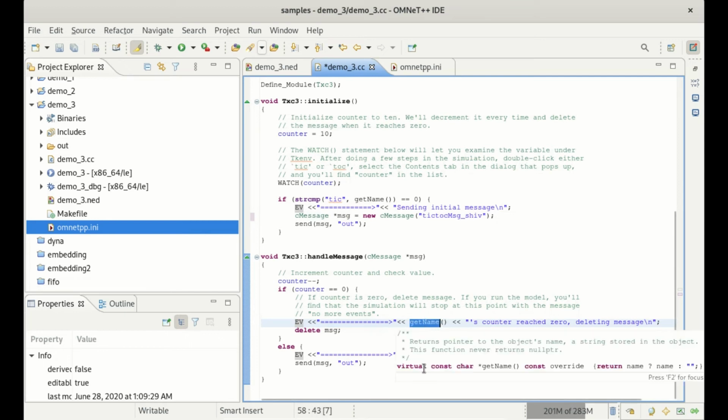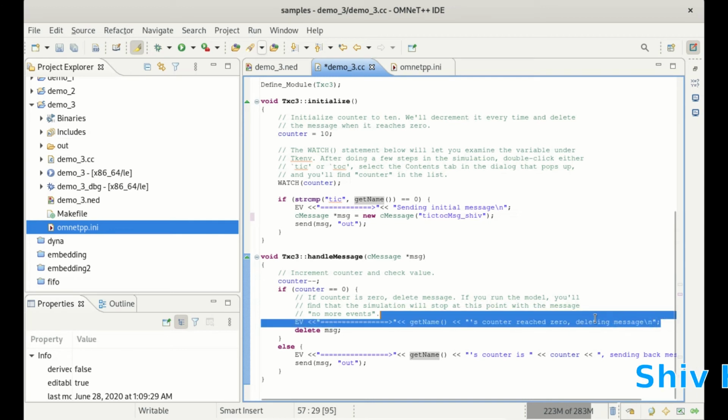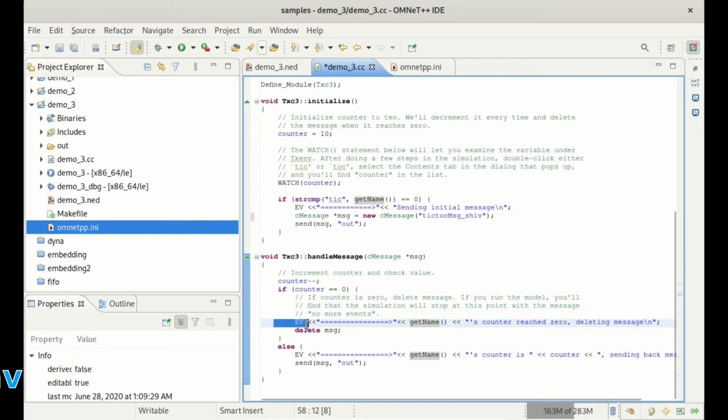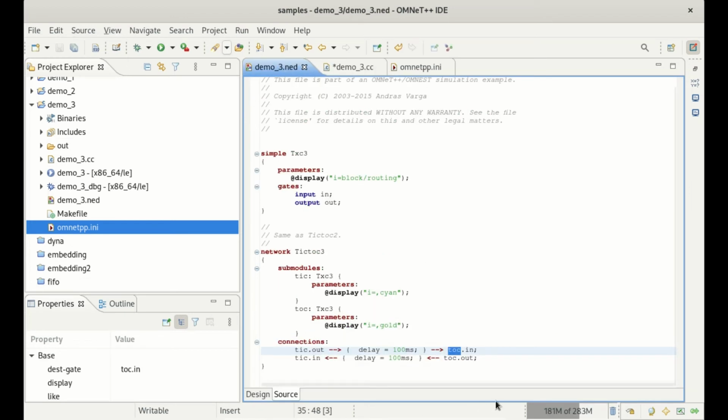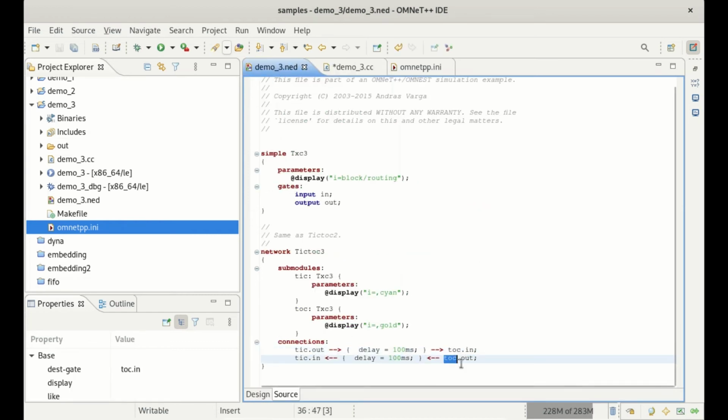Here getName will fetch the module name, tick or talk, and 'counter reached 0, deleting message' indicates that the simulation has been stopped. This is our custom message. If the counter is not 0, it means that the message has reached the talk in gate. So here handleMessage will send the message again to the out gate of talk, that is here, the talk out gate.